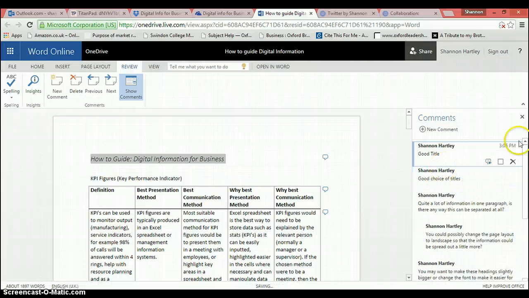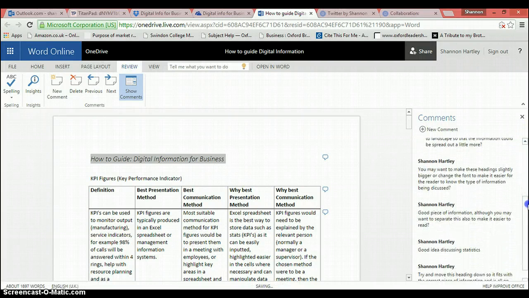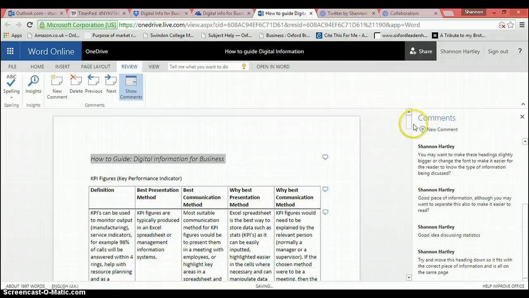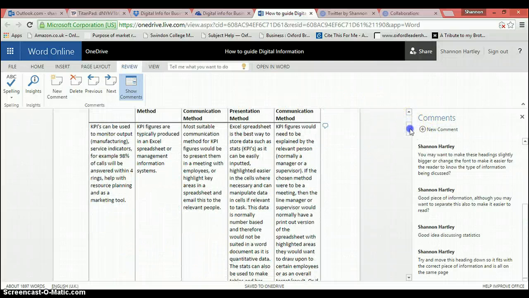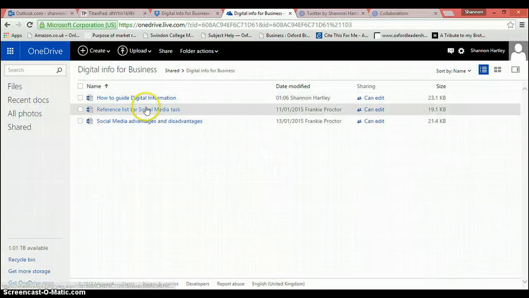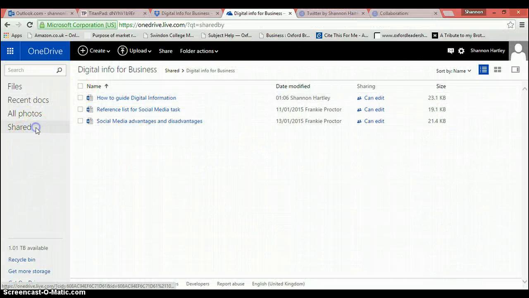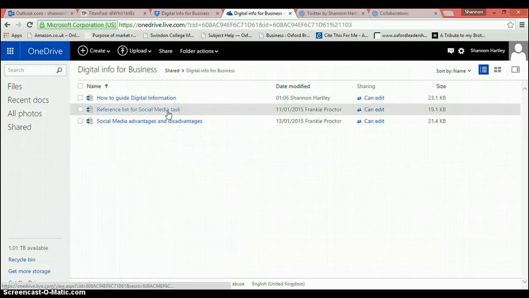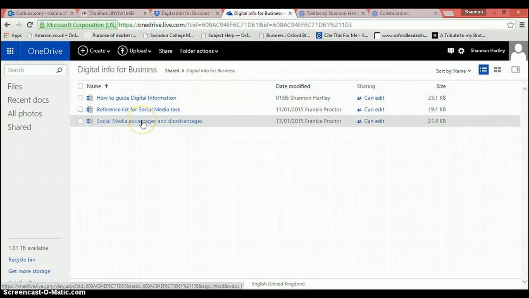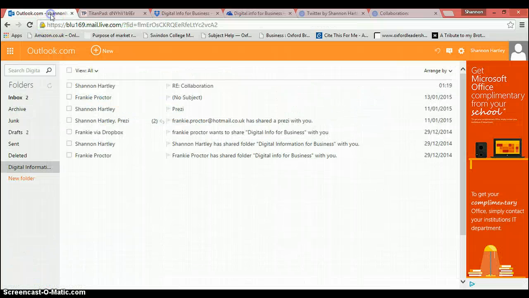Post. So Frankie hasn't responded to any of mine yet, but I'm sure she will, or if not, that's okay. She'll still be able to read it. And then, she did share a few other things with me, but they are kind of irrelevant because we just had to share tasks 1 to 4. So then she did share with me through email.